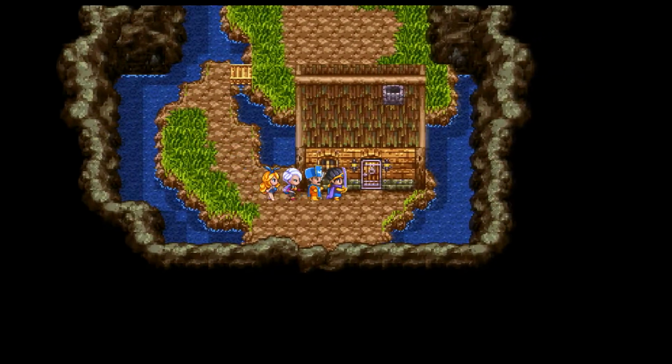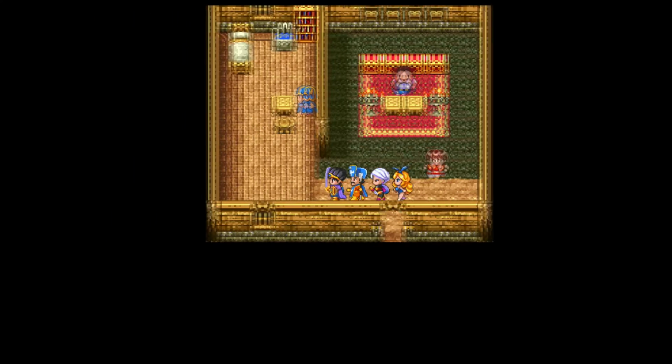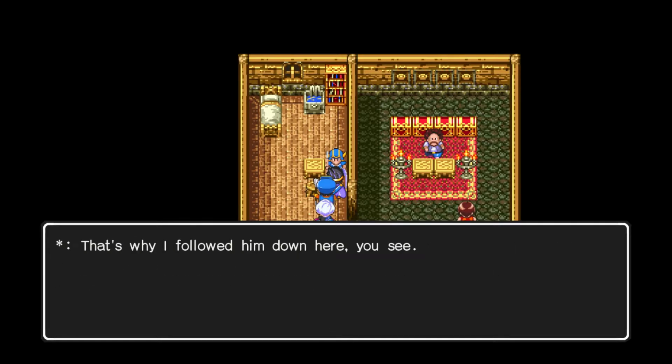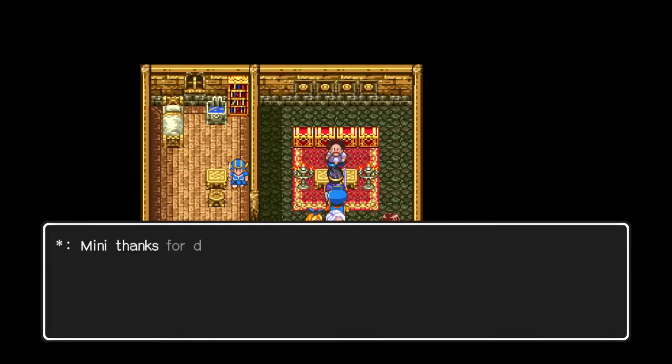And there's a house down here. Welcome to Mini Metal Manor. He may not look it, but the boss here is a very important man. Get into his good books and you won't regret it. Heaven knows why, but when I met the boss here, I just got this strange feeling that he was a king, that I had to protect him. That's why I followed him down here, you see. It just feels like he's the kind of big shot the Archfiend or someone might want to bump off, you know. And yes, this is...